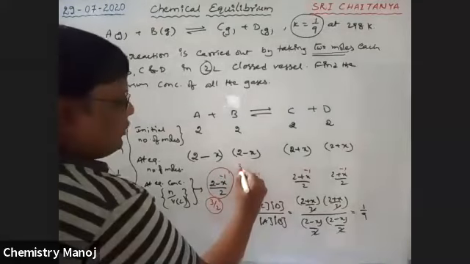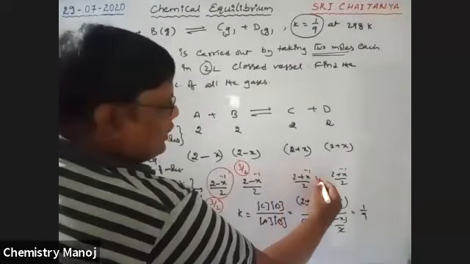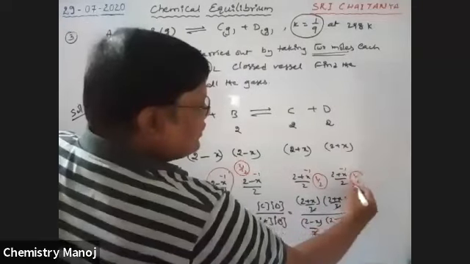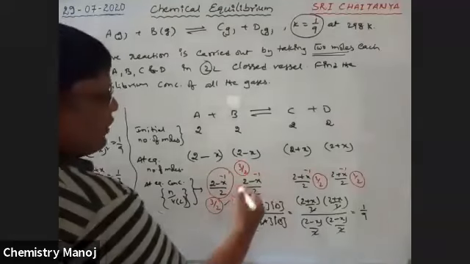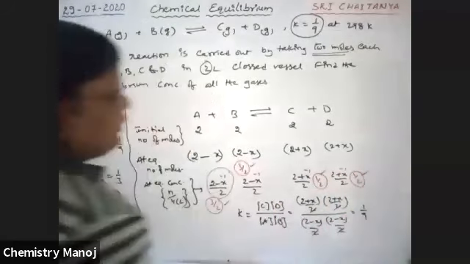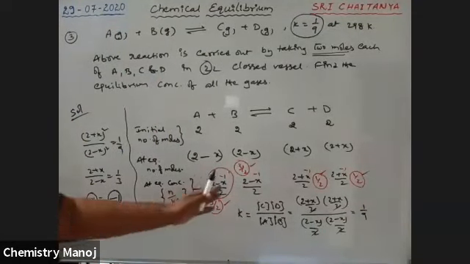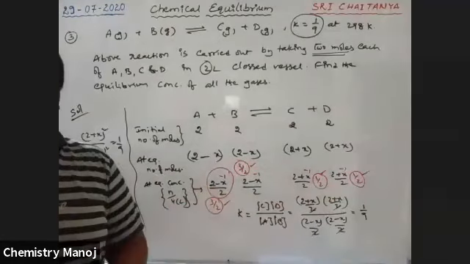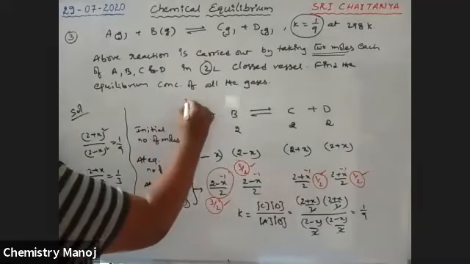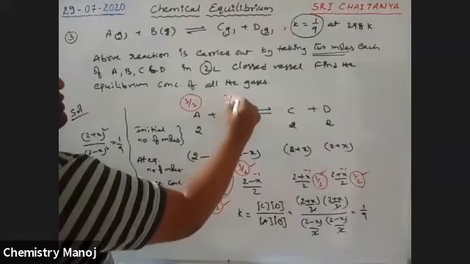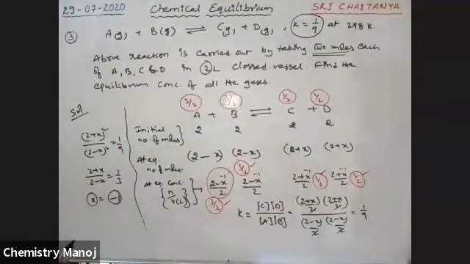It is also 3 by 2 concentration. It is 2 minus 1, a 1 by 2 concentration. These are the equilibrium concentrations, boys. I calculated the X value as minus 1, and substituted that X value in the concentrations. So finally, the answer is: the equilibrium concentration is 3 by 2, and its value is 1 by 2. Is there any doubt?